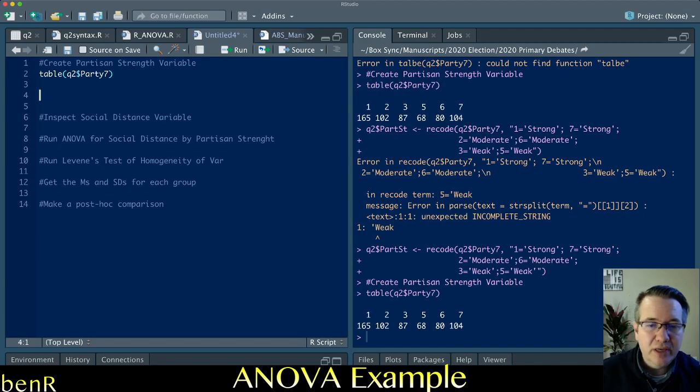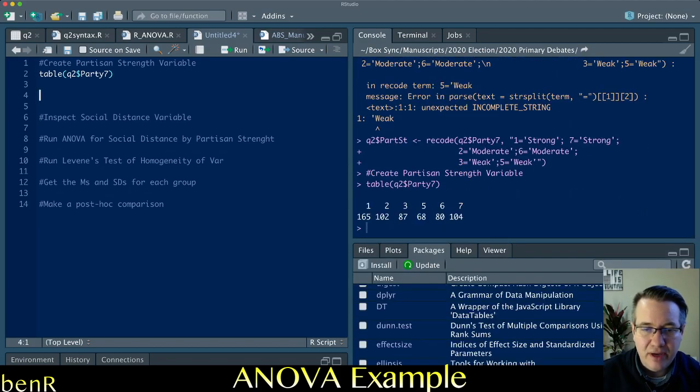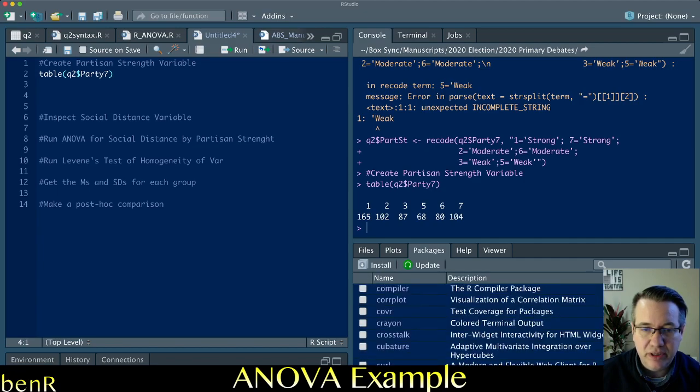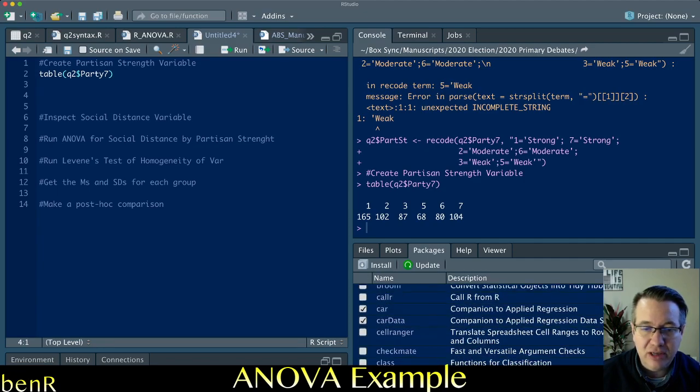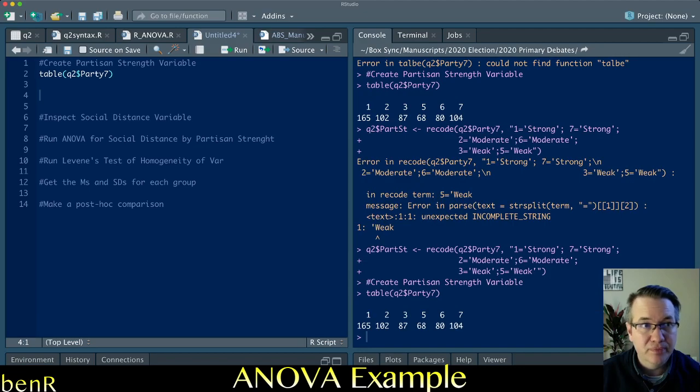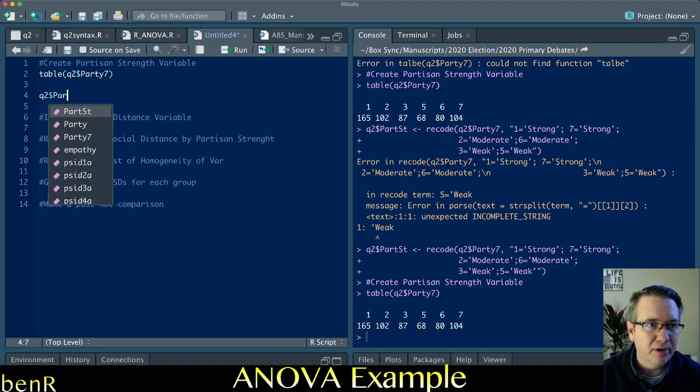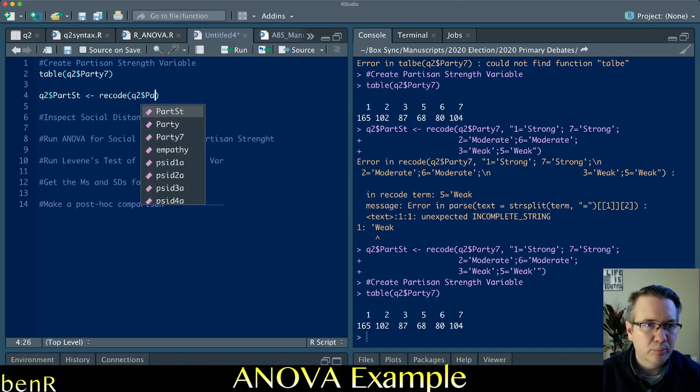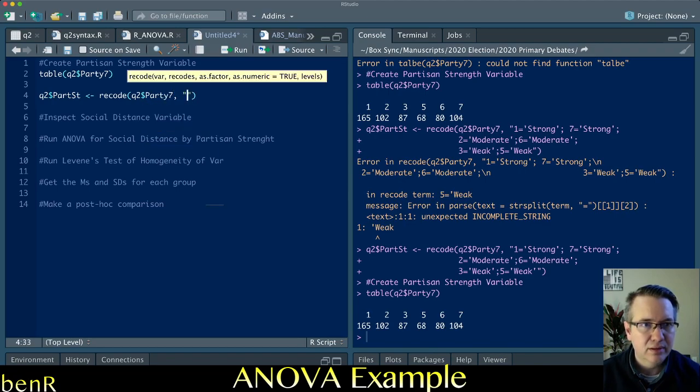So to recode, I want to make sure that I have the dplyr package not selected because we're going to use the recode function in car, and the dplyr recode masks the car recode. So we want a new variable in our quant2 data called partisan strength recode, q2 party 7, quote marks 1 equals strong, 7 equals strong,